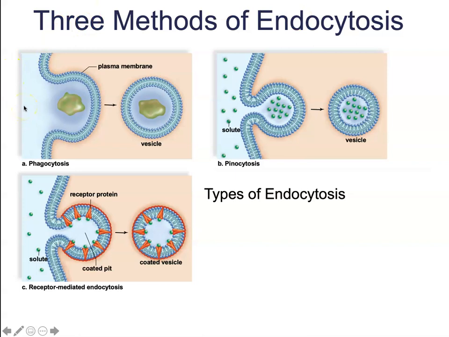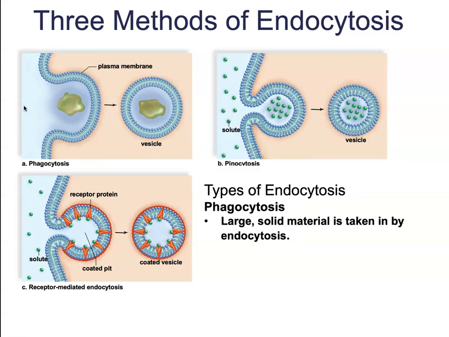Endocytosis comes in 3 forms depending on what it is we need to do. The first type will be phagocytosis. Phagocytosis occurs when the material to be taken up is large, like a large food particle or another cell. What's going to happen is the plasma membrane is actually going to reach out and wrap around that particular macromolecule or cell. It's then going to pinch off that vesicle and bring it into the cell. Once inside the cell, it can break it down and use it for whatever purpose it needed to